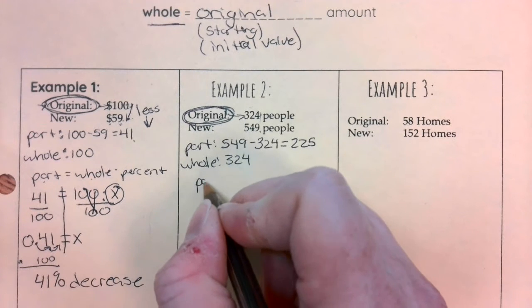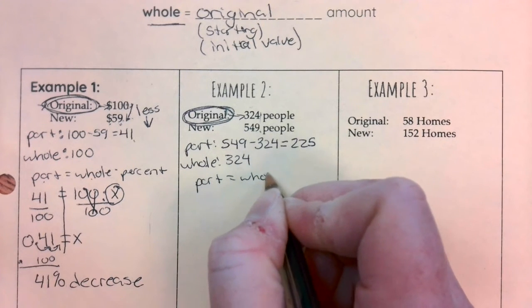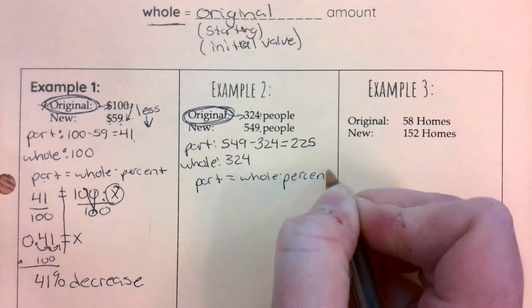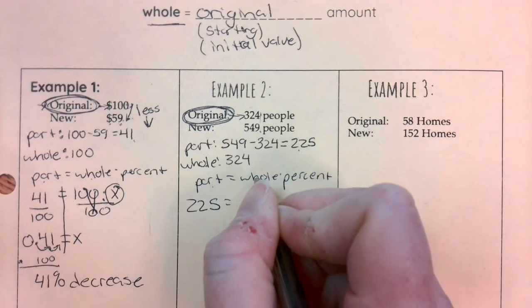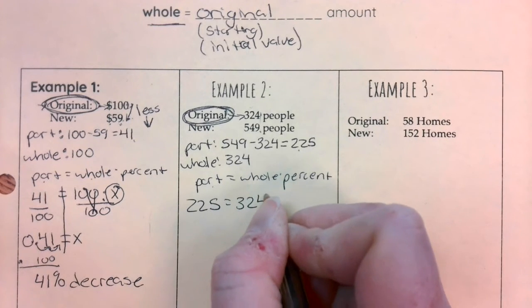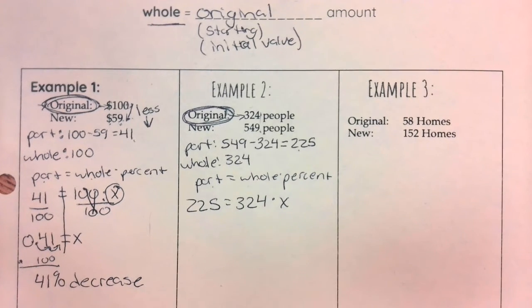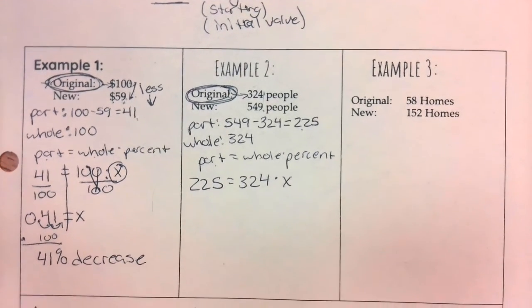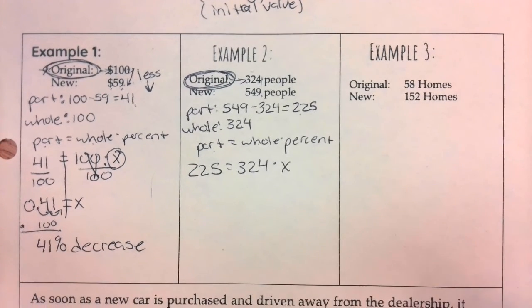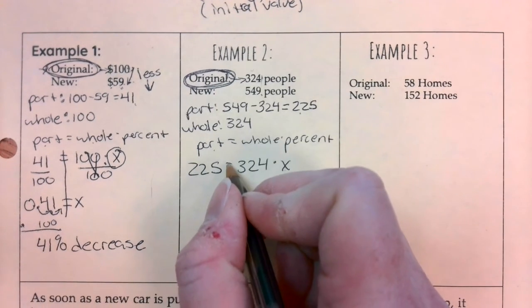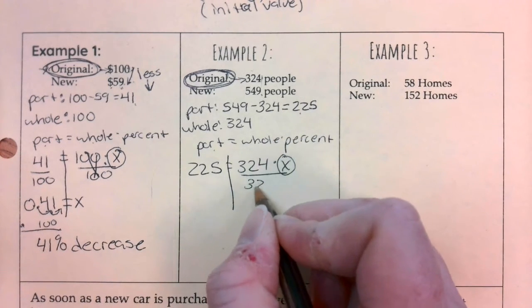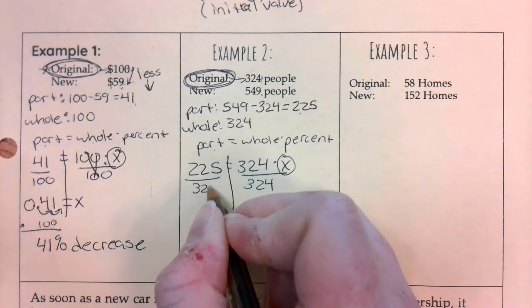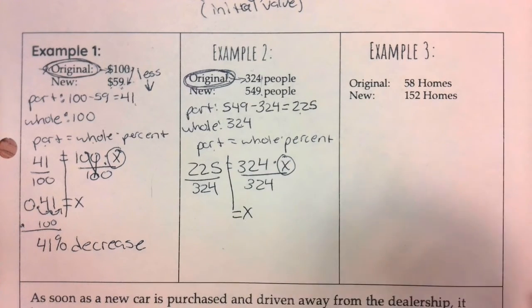Then we substitute into our percent equation. The part is 225. The whole is 324. And we don't know the percent. At this point, I would like you to pause the video and try solving this one-step equation on your own. Drop the line, circle the x. The opposite of multiplication is division. And you get an answer of x equals